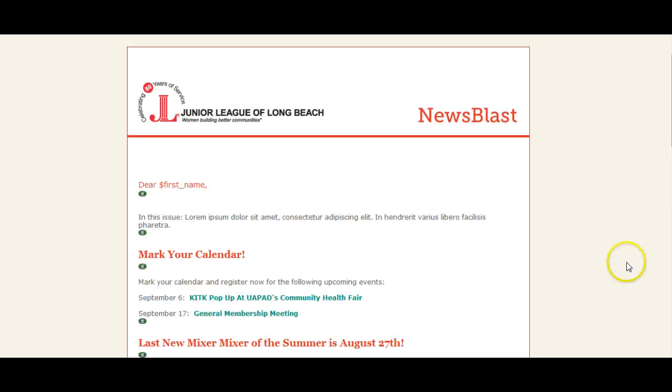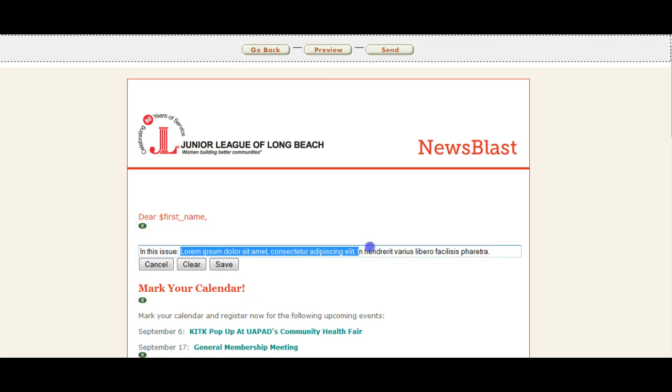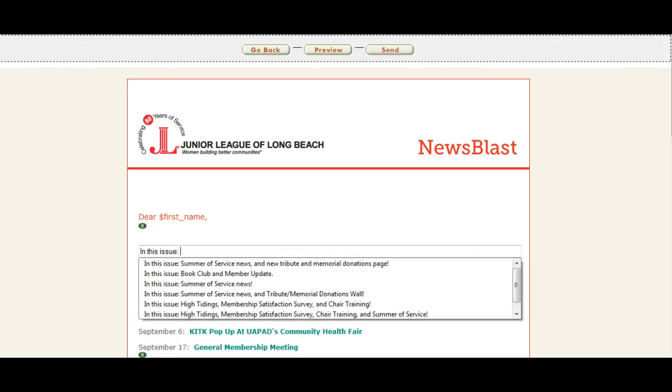The last thing that you need to do before you run testing is to change this language here up at the top to say what is included in the blast. Now, if you left this blank, there wouldn't be anything appearing, but we've always included this, and it doesn't hurt to do so. But if there's only maybe 1 article or whatever, you can take that out, but I typically use it. And we get rid of the Greek stuff here, or Latin, I guess it is,